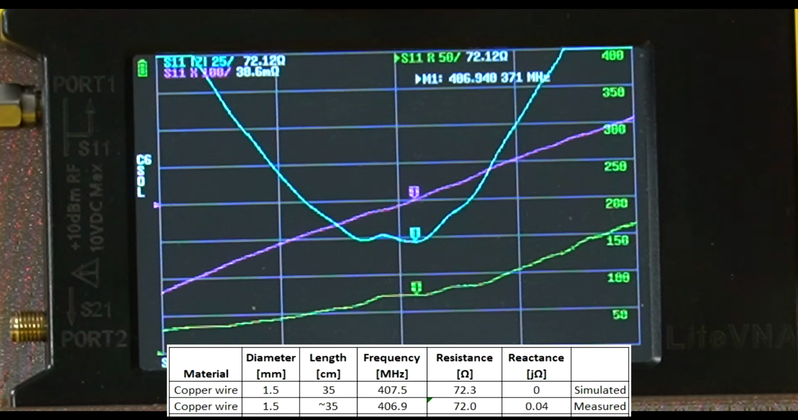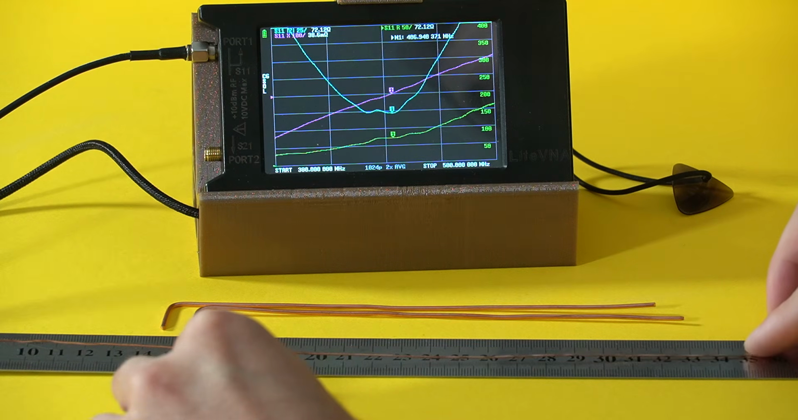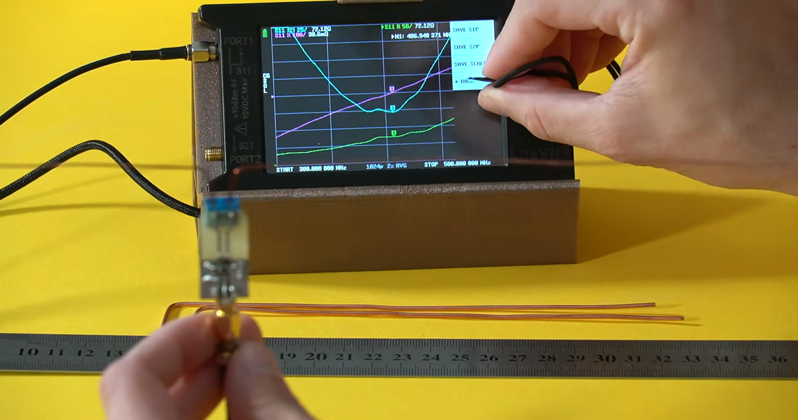So this is not very far from the simulated value of 407 MHz. So next, I mounted the thin wire. Again, the length is more or less 35 centimeters. If we rerun the measurement